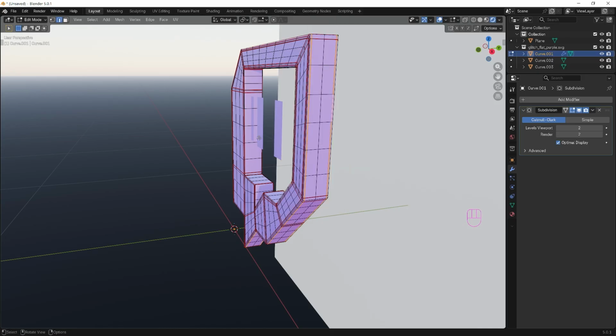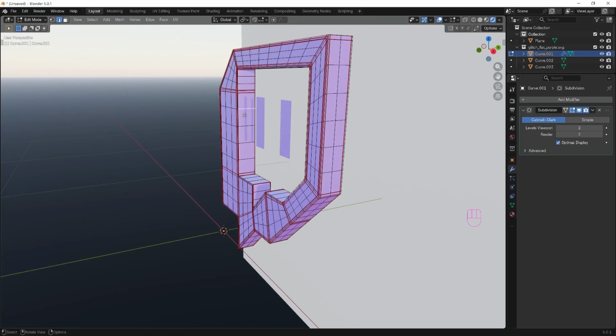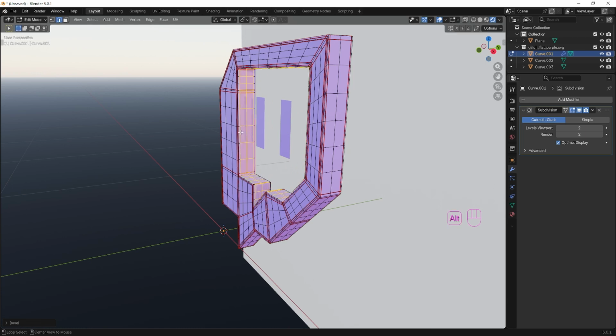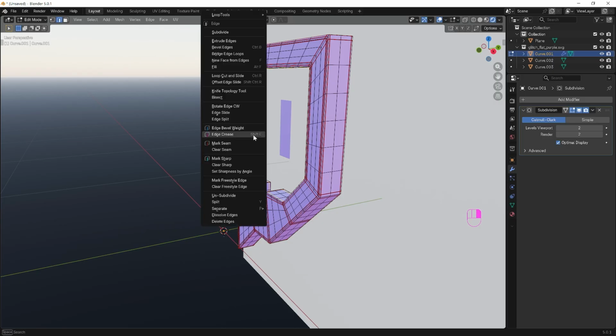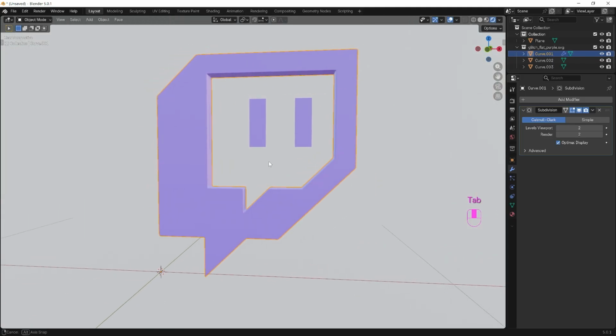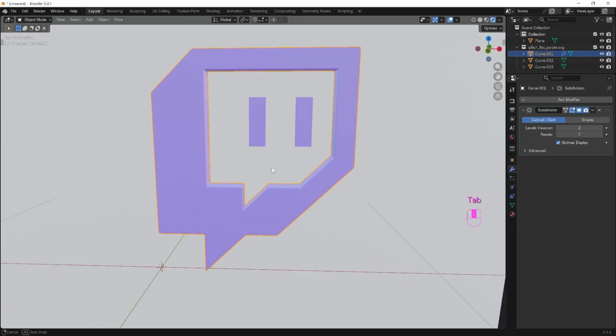We will also do the same thing for the inner edges. So Ctrl R, add loop cut, left click, right click to leave in place, then press Ctrl and B and bevel, move the loops to the edges, and roll the mouse wheel so we have one loop in the middle. Hold down Alt and select this edge, hold down Alt and Shift and select the other edge, and right click and mark seam. Let's tab back into object mode to have a look at the result. And that's the face all done.